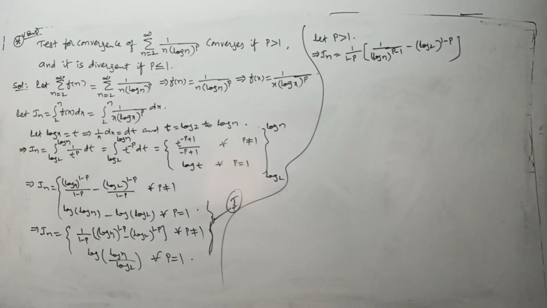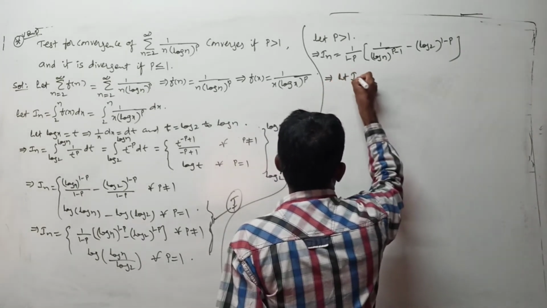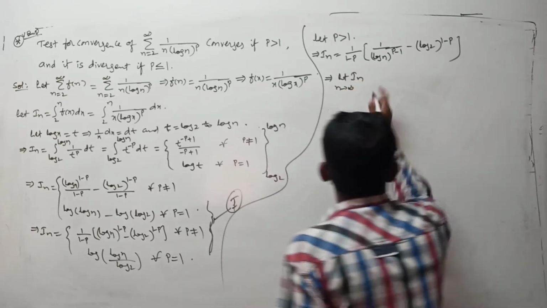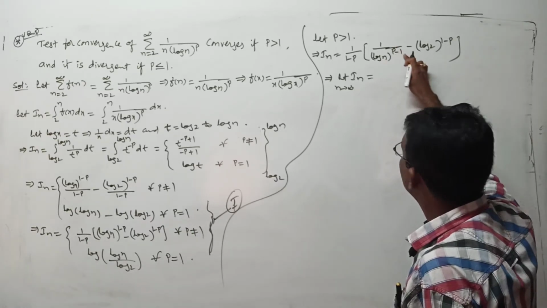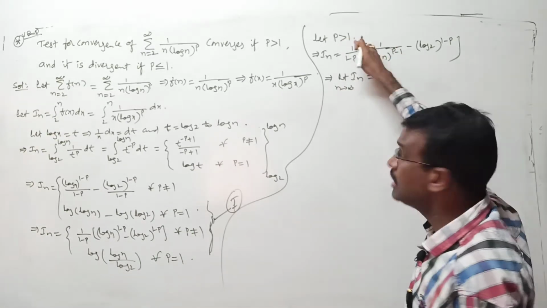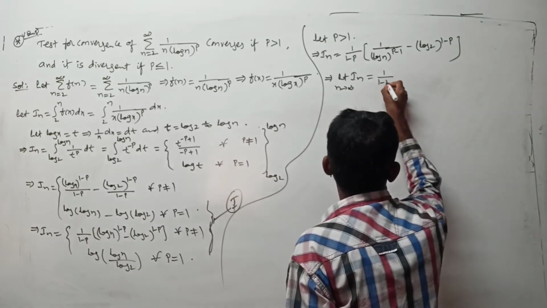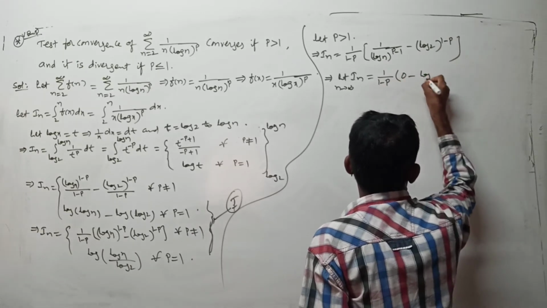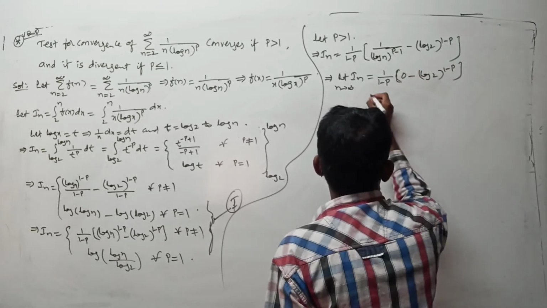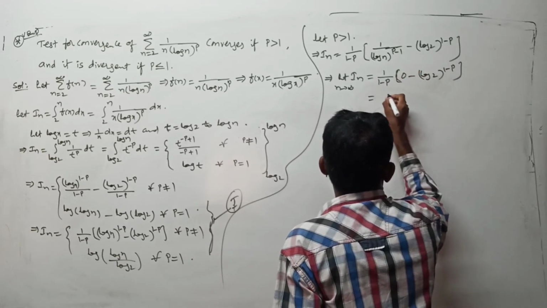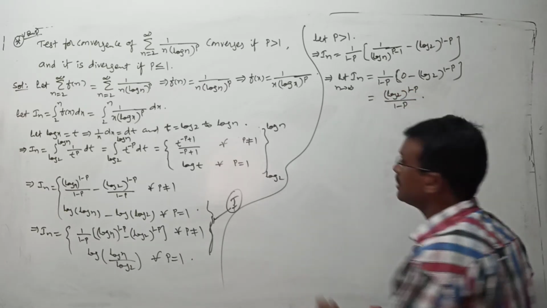Now I want to find the limit of I_n. This implies, let us go for the limit of I_n as n tends to infinity. Whenever n tends to infinity, log n tends to infinity, and (log n) to the power of p minus 1 tends to infinity for p greater than 1, and 1 by infinity should be 0. This is 0. I mean 1 by 1 minus p into 0 minus this log 2 whole to the power of 1 minus p. Any problem? Otherwise this result is log 2 power 1 minus p whole by 1 minus p.